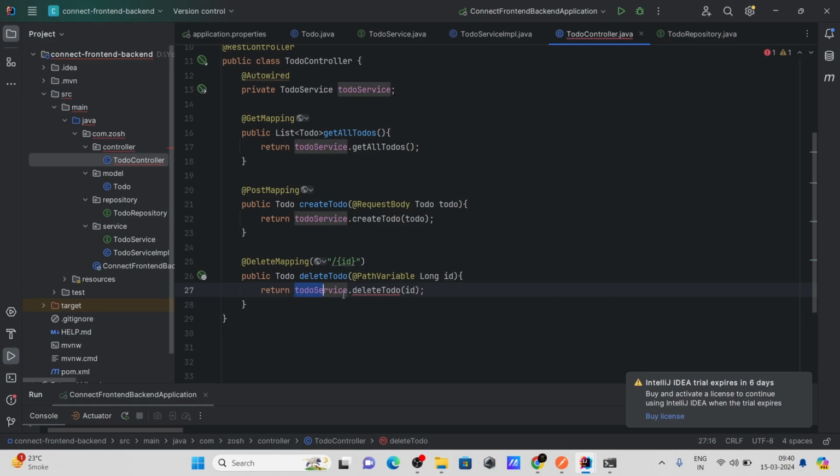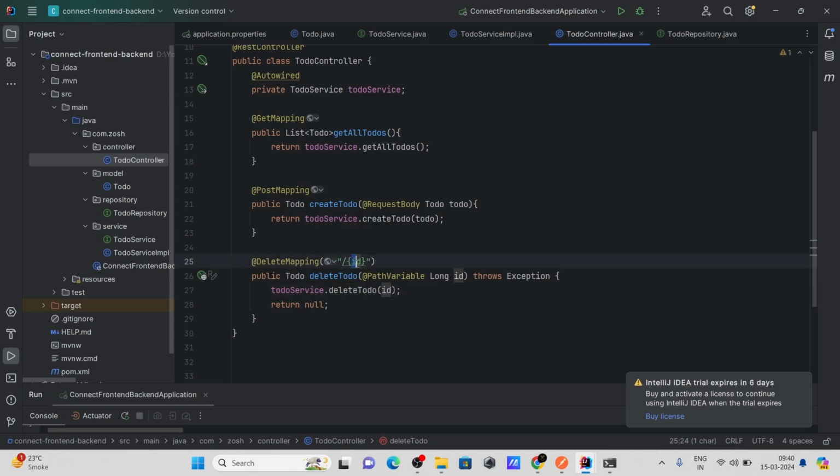Okay, so what you need to do is let's cut it and provide it here. And let me write here null for, and also we need to throw the exception, because if the todo is not found with this provided id, then it will return an exception. Okay, now what I'm gonna do is, guys, here, where I should write,